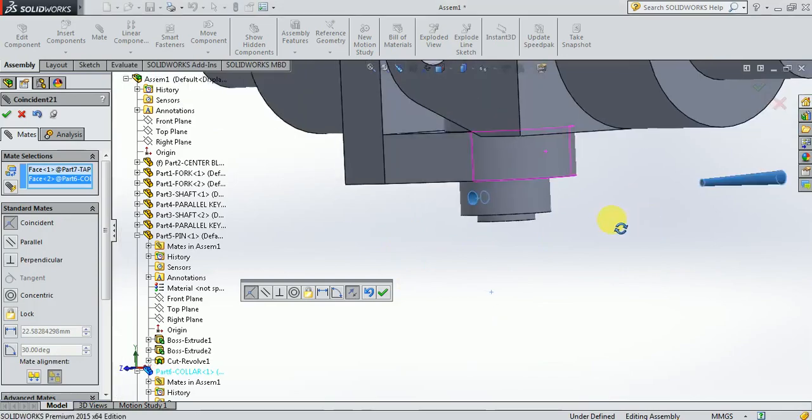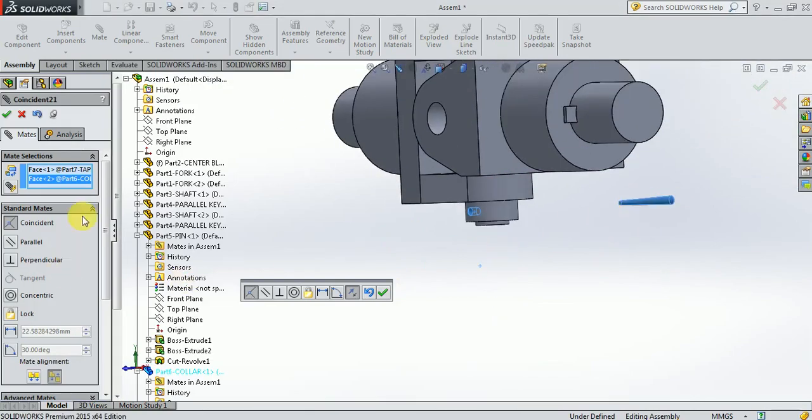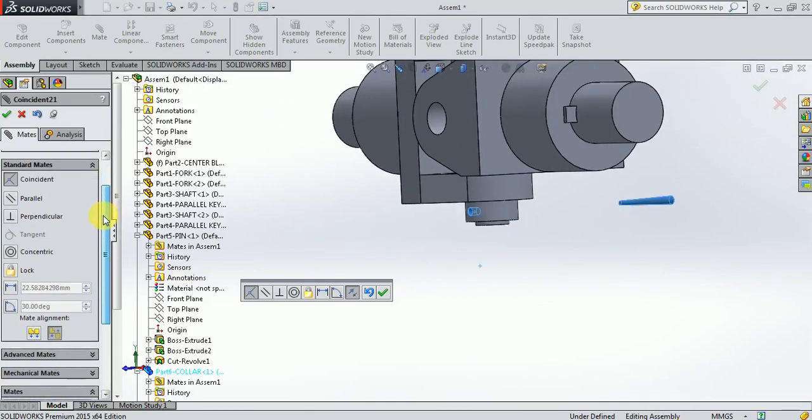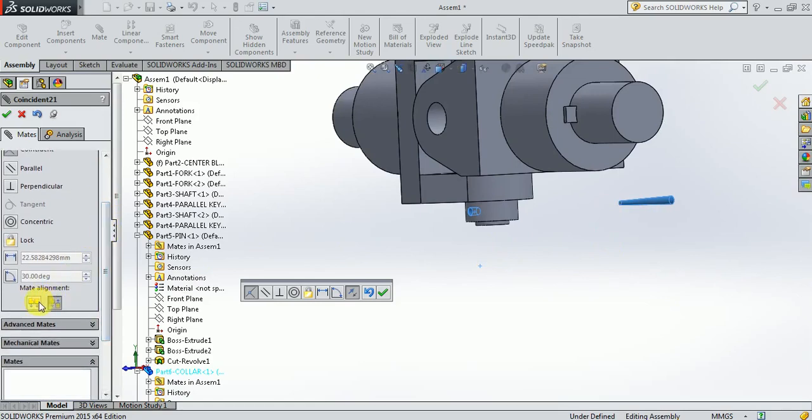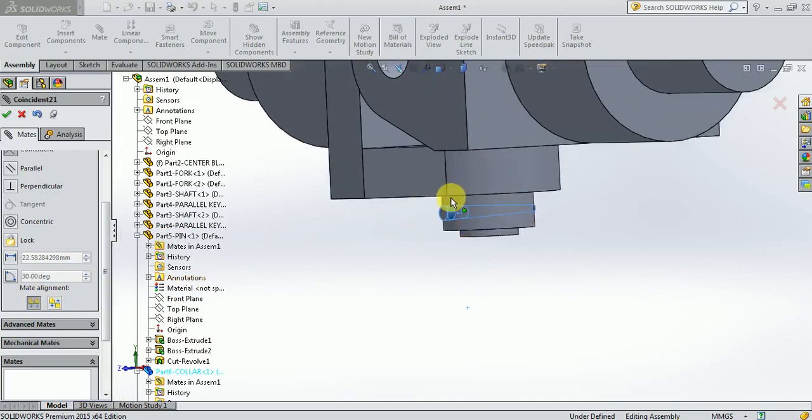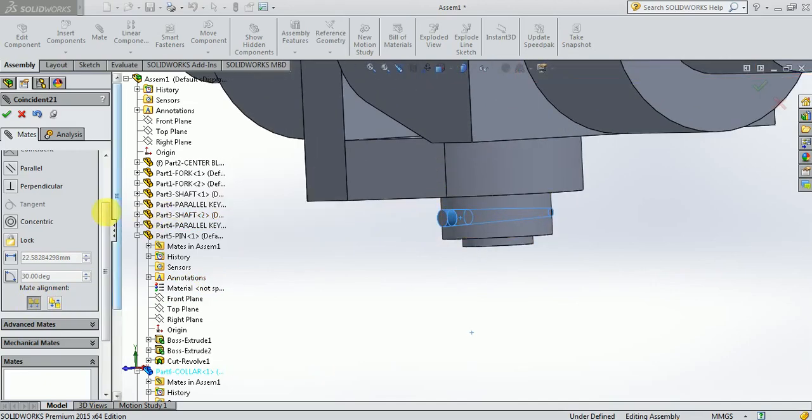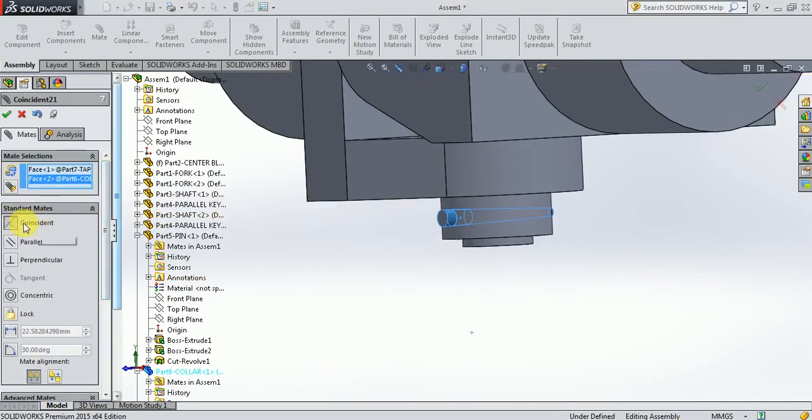But the taper pin has gone up to somewhere here. So after selecting those two conical surfaces, I'm going to click on this aligned option. This option should be used. Then you can see there is a perfect coincidence between the conical face of the taper pin and the tapered hole in the collar as well as in the pin.